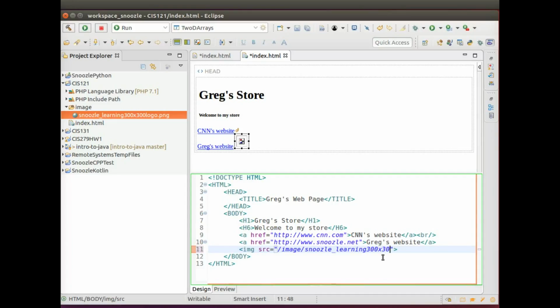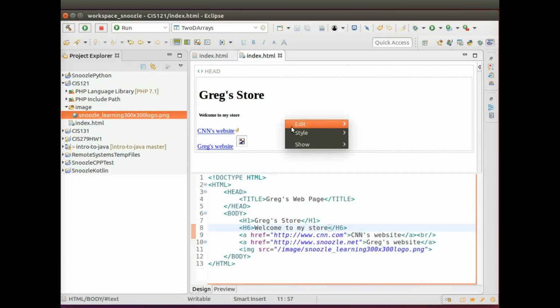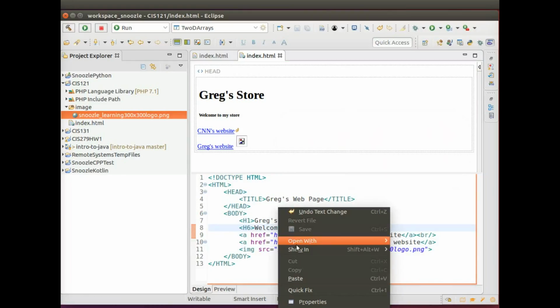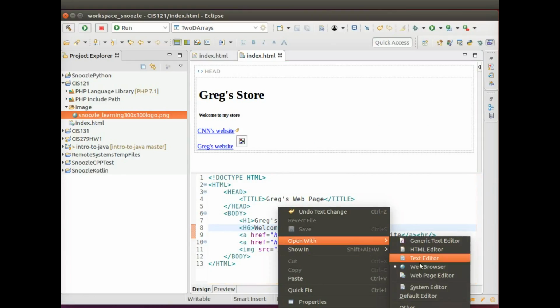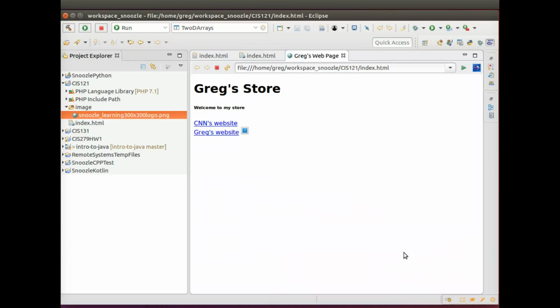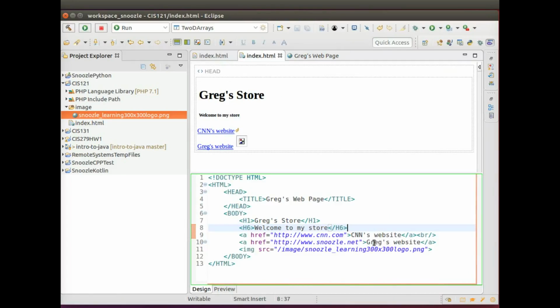Learning 300 logo.png, and then open with web browser. And it's still not coming up. So the logo's not coming up actually in the actual web video, but